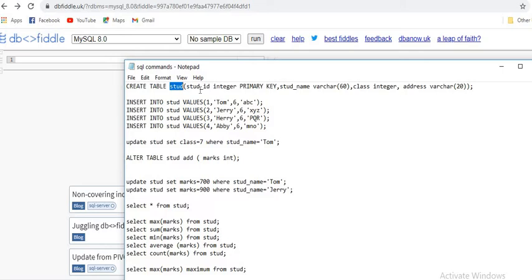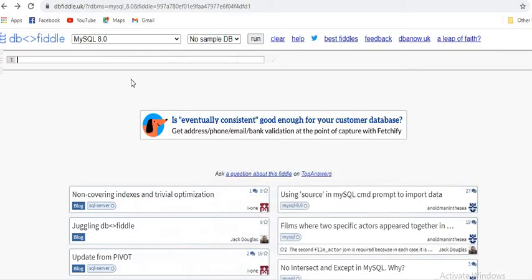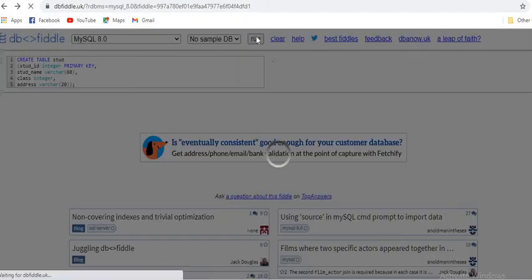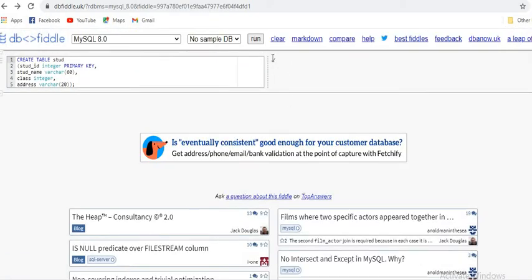So of course, while you are ready to create any table, you have to start with that create table keyword. So I'm just going to copy that entire statement, as I am ready to create a table, and then after, I'll paste it here. I have used the online compiler. You can run it on MySQL also, not a problem. Yeah, it is running. As you can see, it is executed. Once a tick over here, it is ready to execute, like it has already executed.